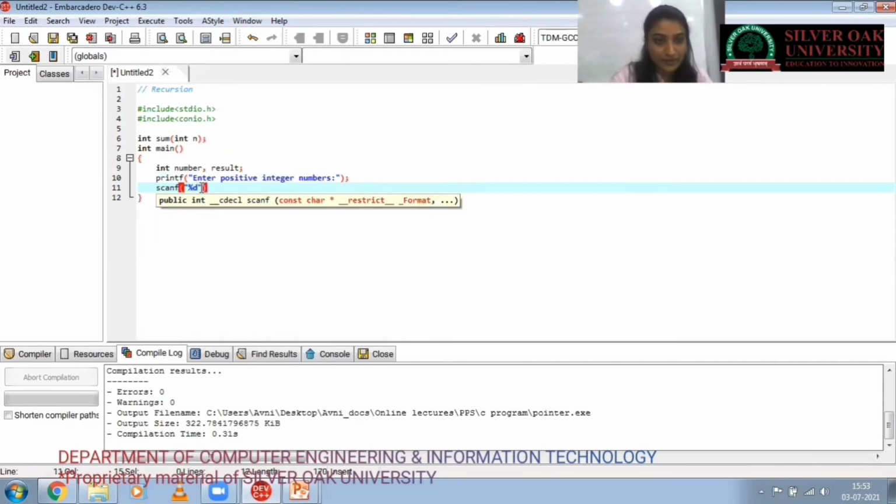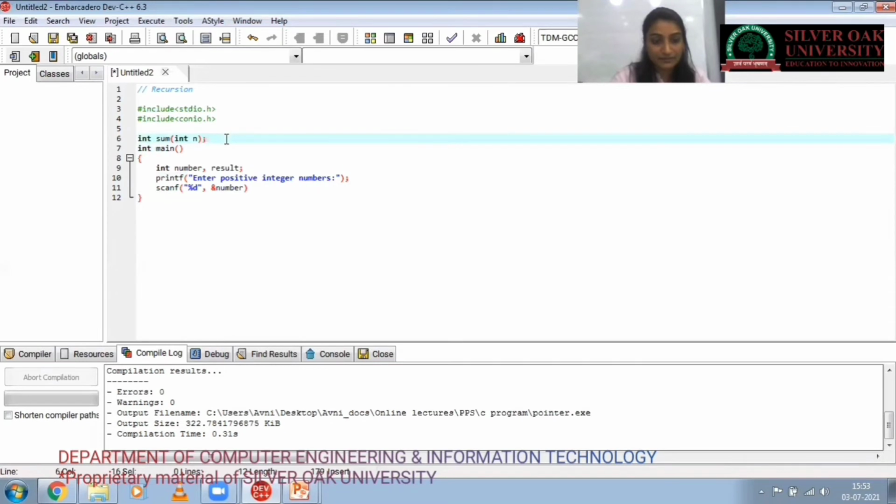What do we print here? Ampersand number variable. Now we are using the function calling.